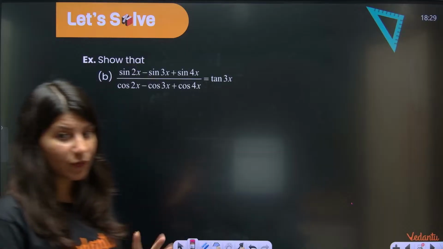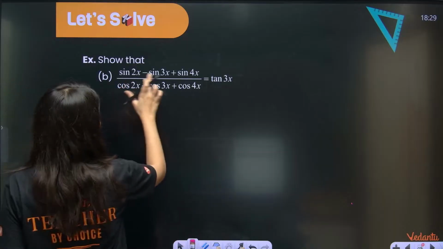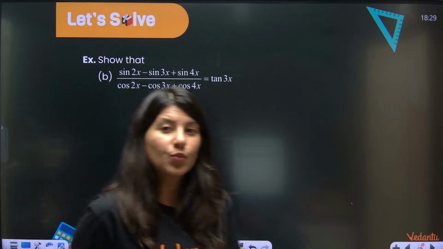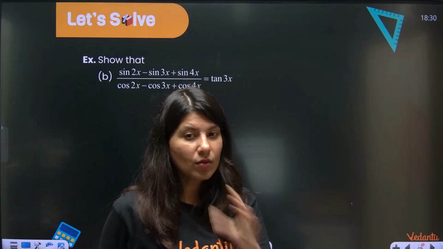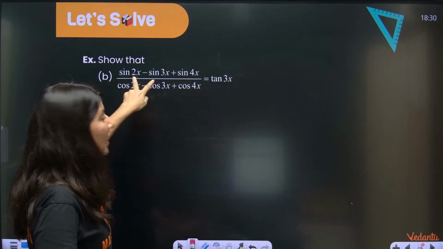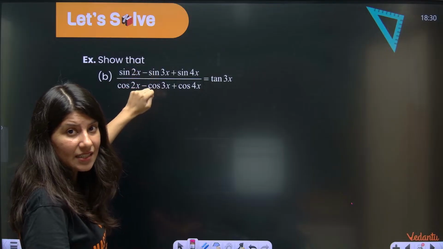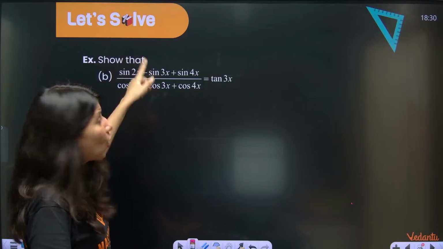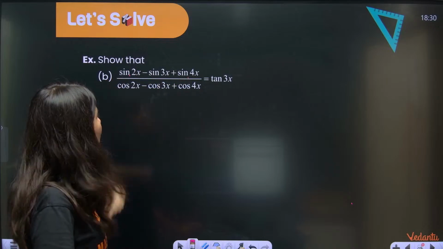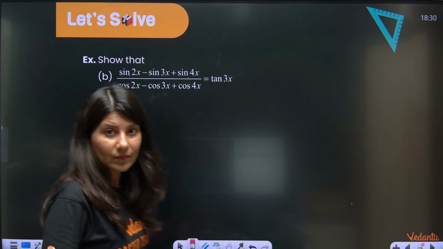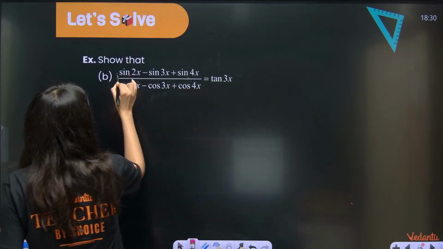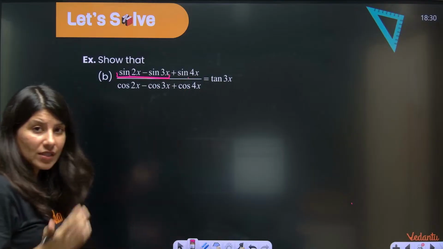Now this type of question, understand. sin 2x minus sin 3x plus sin 4x. In this question, you can get confused: okay, sin 2x minus sin 3x, so shall I apply sin C minus sin D in this? Or there is one more option where you can go sin 2x, sin 4x. Which two things should you club together? It's a very bad idea if you club these two together, because